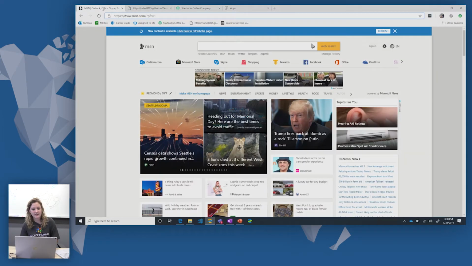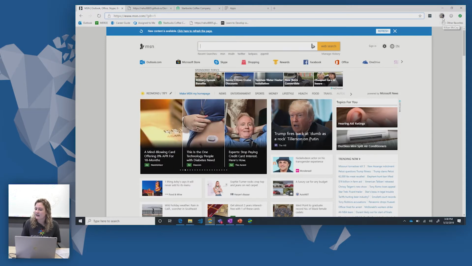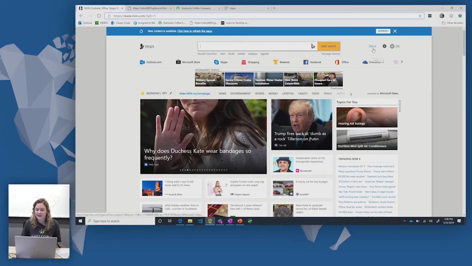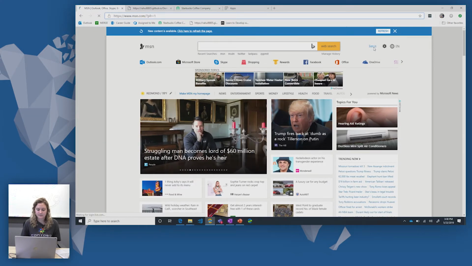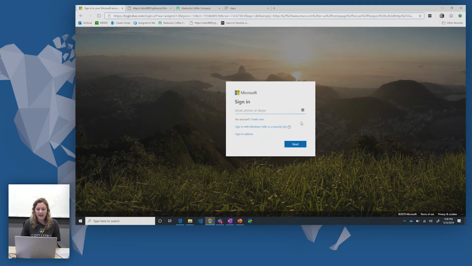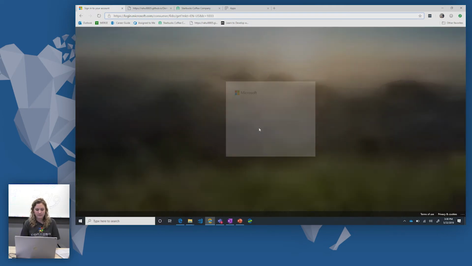I'm going to navigate to MSN. And you can see at the top right-hand corner of the browser, I'm logged in with my Azure Active Directory account. But what I want to do here is I want to log in with my MSA. My MSA is already set up with Windows Hello. So if I click Sign In, I have an option of signing in with Windows Hello as the second dialog. So when I click this, we can